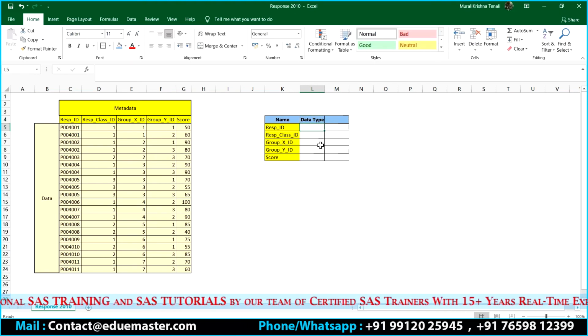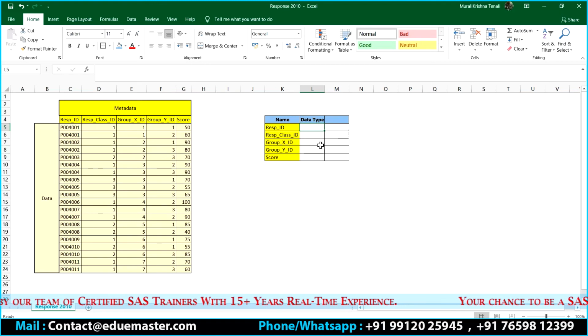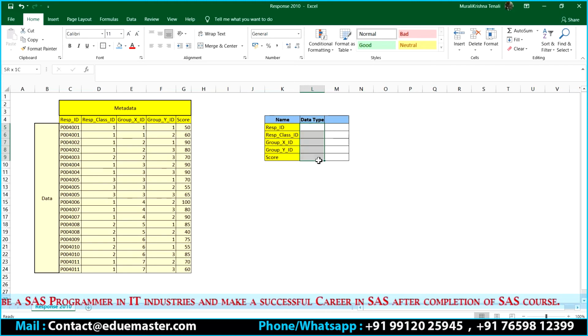Are you storing character data? Numeric data? If numeric, is it int32, integer 64, or double, float? Or for character, is it varchar, varchar2? When it comes to dates, what kind of date format is it? There are a lot of things you are going to put there, correct?